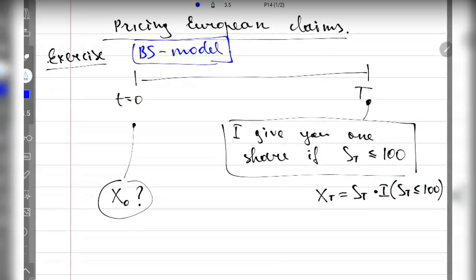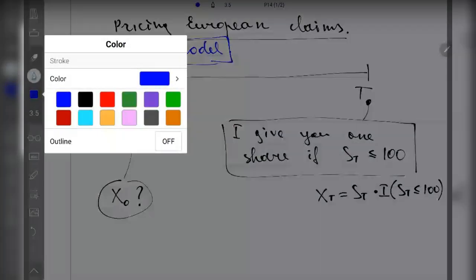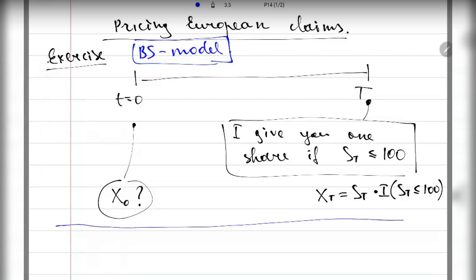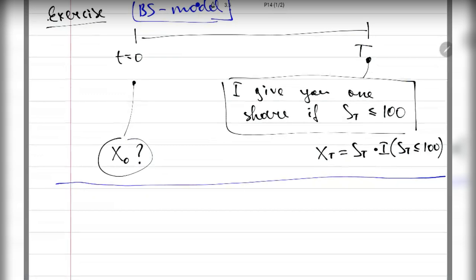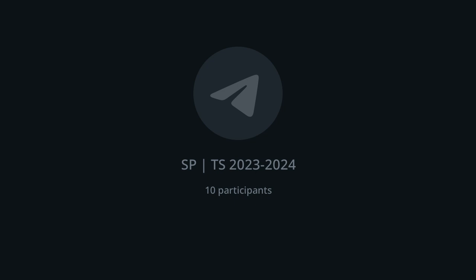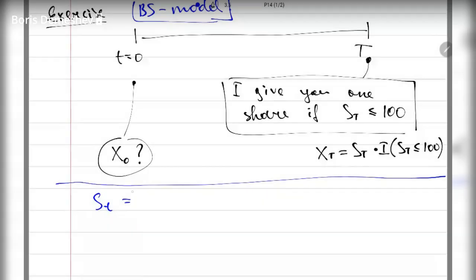If you remember our previous story about the Black-Scholes model, we have the share price ST, and we have two explicit formulas. We have F0 times